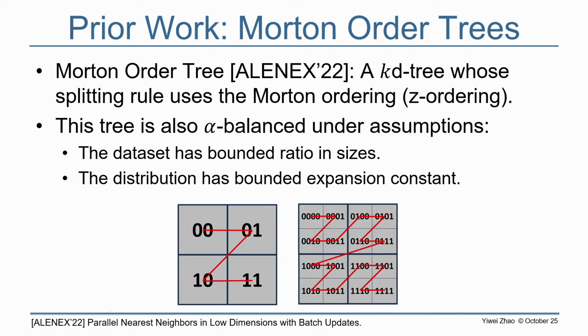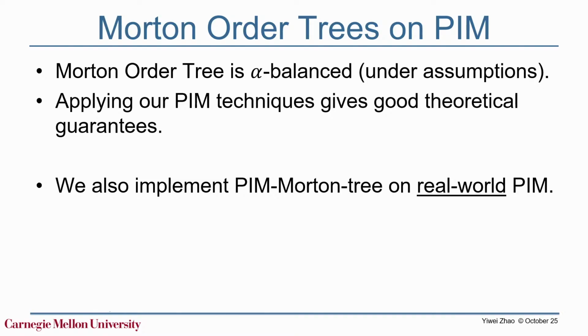This tree is also alpha balanced under 2 assumptions, where it has a bounded ratio in the overall sizes, and the distribution has to have a bounded expansion constant, which means that the density is continuously changing. It doesn't have any gaps or sudden changes in the density of these points. These are very practical dataset assumptions. Almost all the multi-dimensional datasets in low dimensions follow these properties. And this Morton-order tree is alpha balanced, so we can directly apply our techniques,